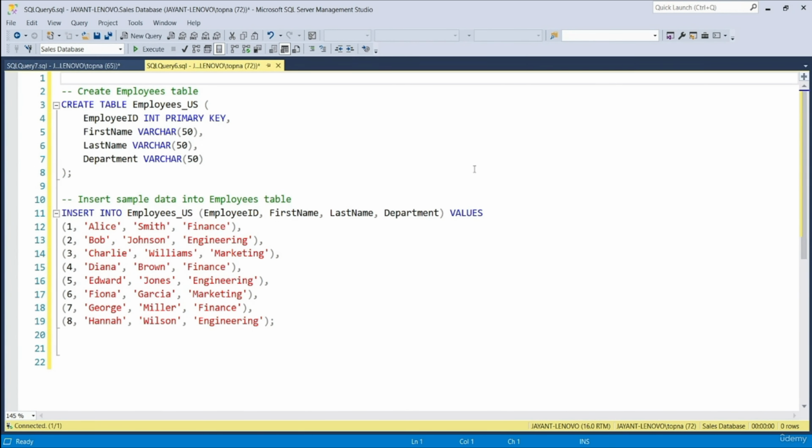I welcome you all to this video, and today in this video we are going to discuss the LIKE operator. It is used time and again, and it is an important operator. So we will discuss that, but first of all, we will be requiring a table to practice that part. So we will be creating a table in the database named sales database, and this table is named employees US. So we will be creating this table, and then we will use this table to understand the LIKE